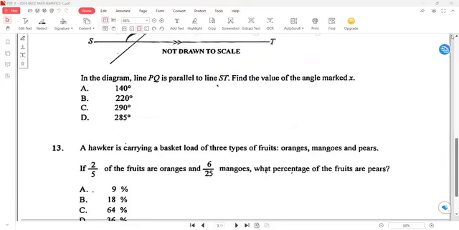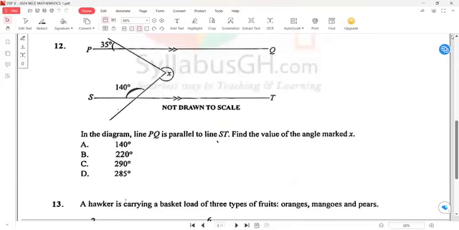Question number 12. We have an angle. We are asked to find x. How then do we find x, the reflex angle? First, we would have to understand that once PQ and ST are parallel, if I should draw a line through this,